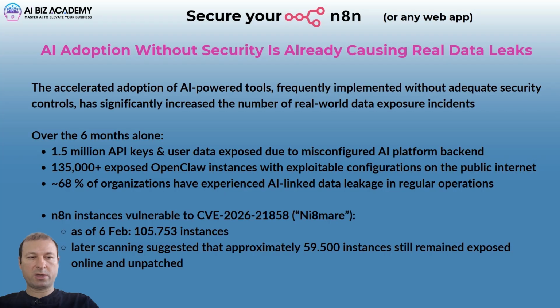So just a quick overview. Only in the last 6 months alone, 1.5 million API keys and user data was exposed. With the latest OpenClaw mania in the last weeks, around 135,000 OpenClaw instances were exploitable, and even around 70% of organizations have experienced AI-linked data